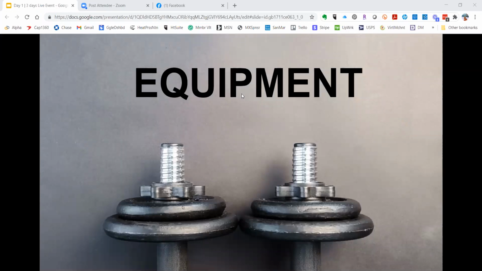A gym is great if you have access to one, but you don't have to go to a gym to make great results. No special equipment is needed. There's many different options for equipment, from free weights, machines, tubing. There's all sorts of surgical tubing out there that's a very cheap way to get a full pulley system in your home.